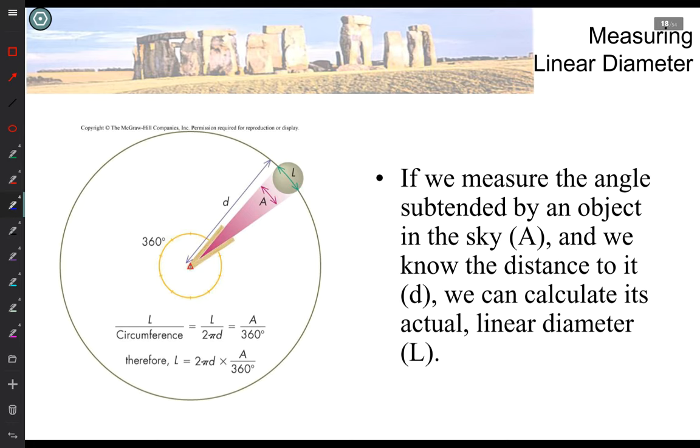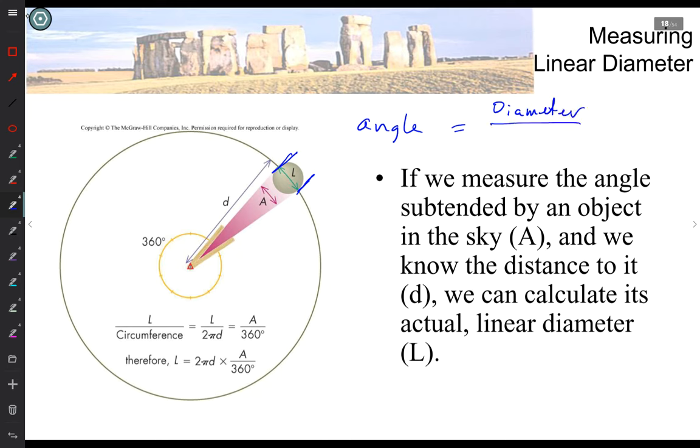If we make a measurement of the diameter of an object, so L is the diameter of the object, and we relate that diameter to the angle it makes up, the angle is equal to the diameter